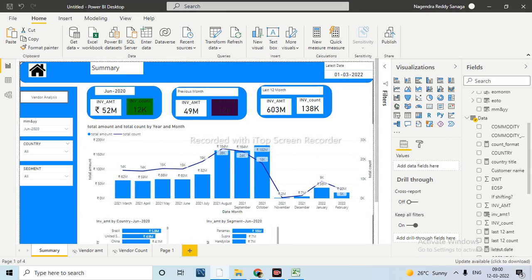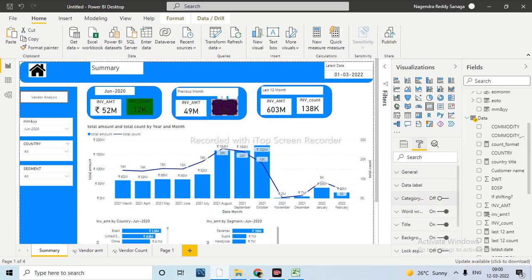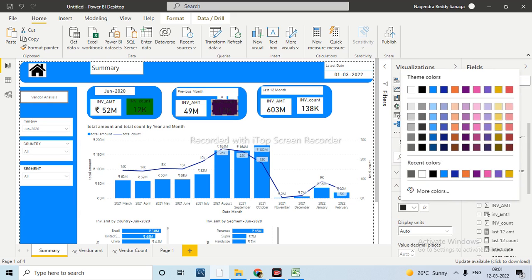Understood? Here I have done it based on the measure. Here I have done it based on the conditional formatting. Like this you can set it up. You can do the font also, but here we have just taken the background color. Let me change this font to something else, otherwise it will not be visible. Data label font, let me make it white.